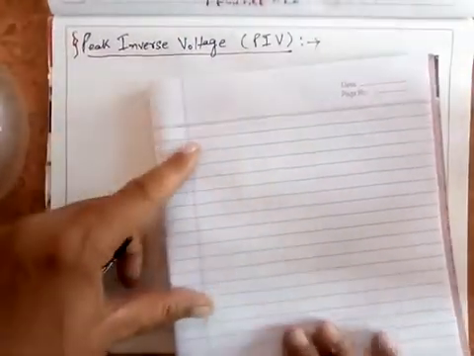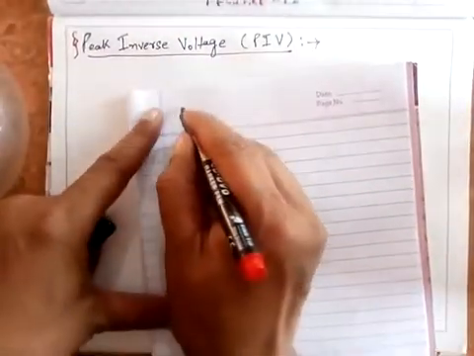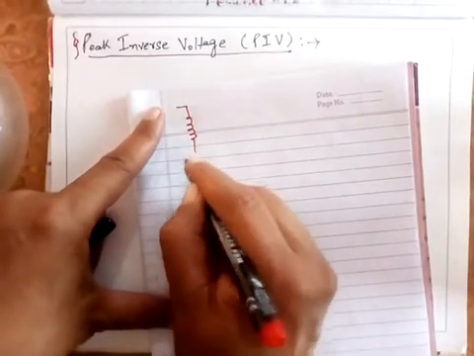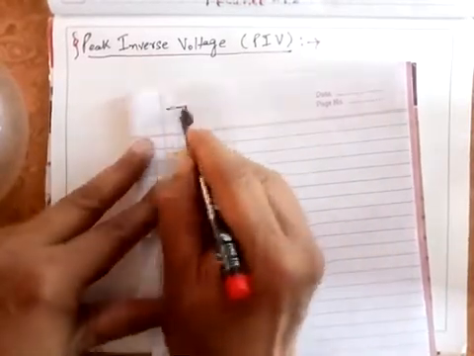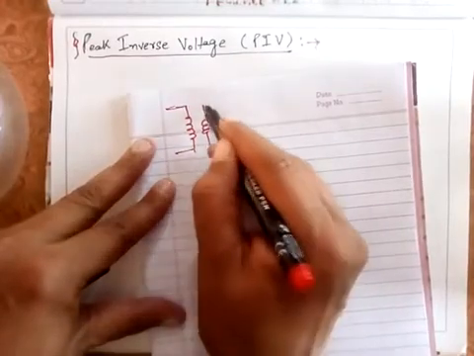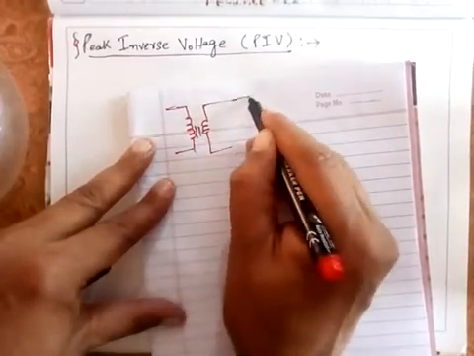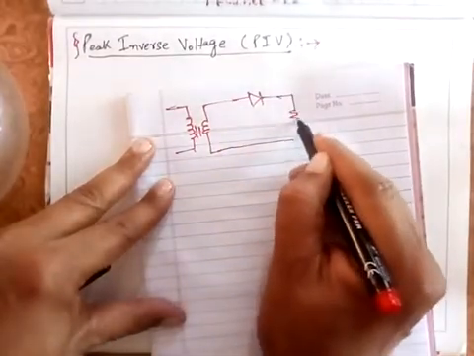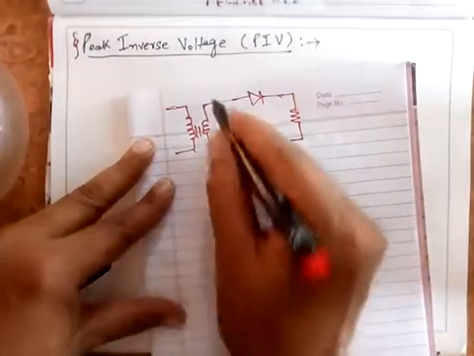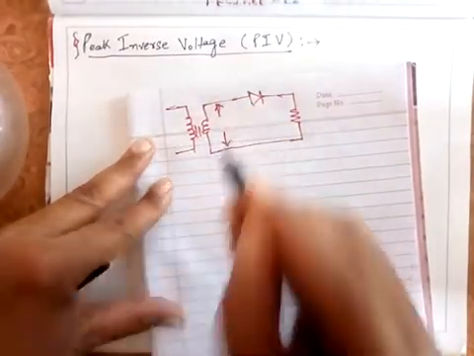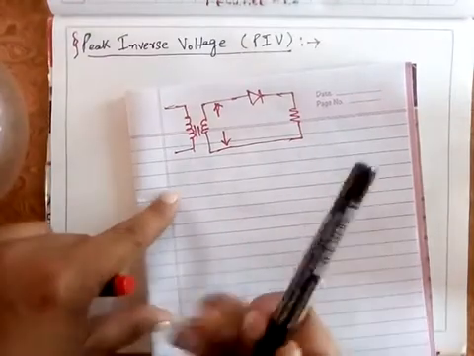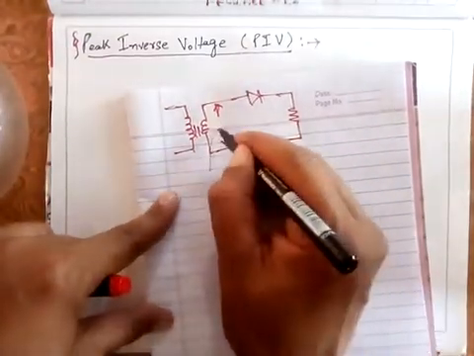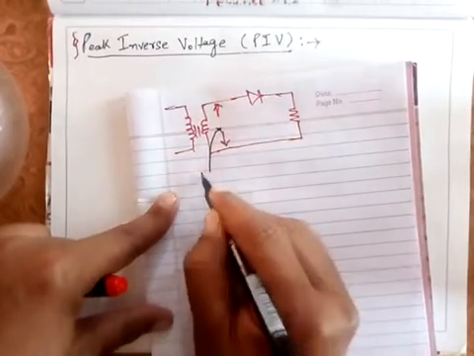Now, before I come to this, let's talk about the rectifiers we have done. Whether you talk about the half wave rectifier or a full wave rectifier, for example, let us take a half wave rectifier only. A transformer is here and a diode, followed by a load resistance where we get a pulsating DC. Suppose the input applied at this point is an AC signal.